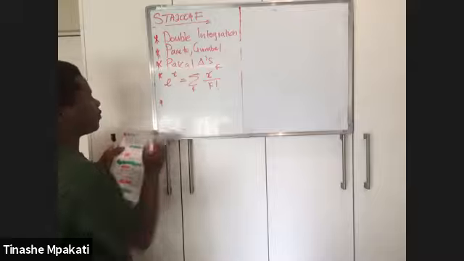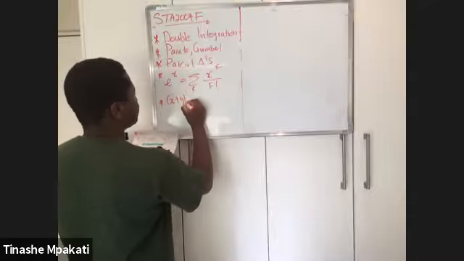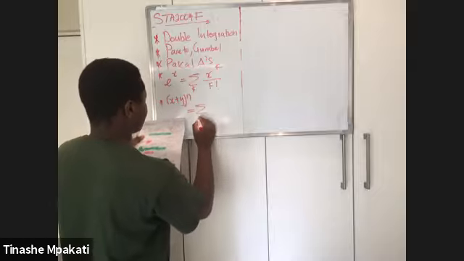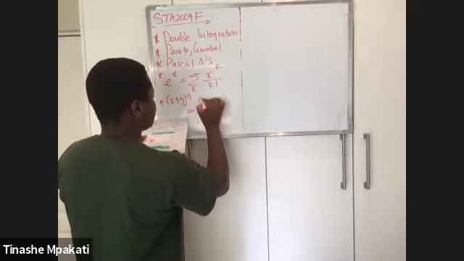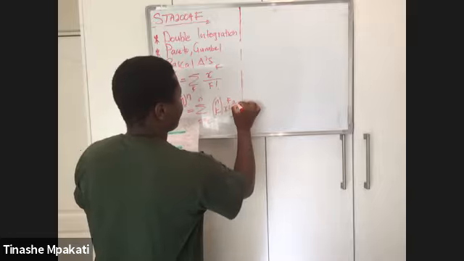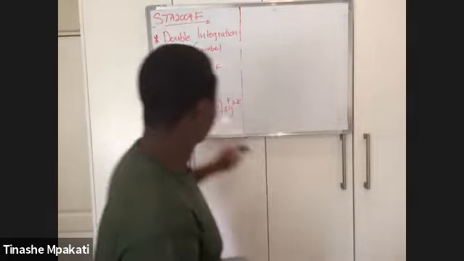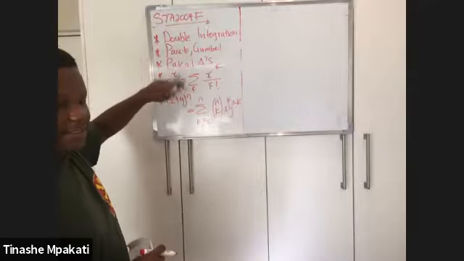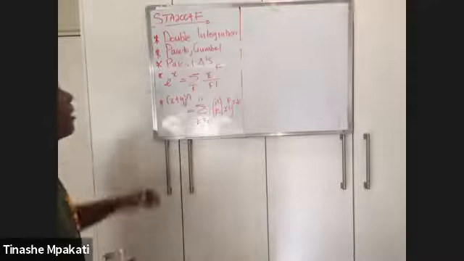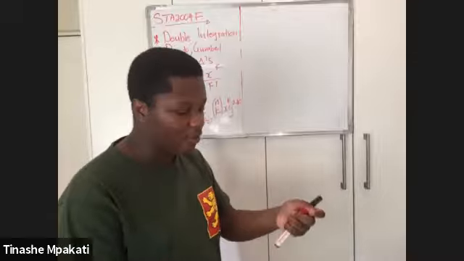Something else we find useful is the binomial series, which says that (x plus y) to the power n is equal to the summation from k equal to 0 to n of n choose k, x to the k, y to the n minus k. I understand this might not make sense right now, but I will refer to it as we use these things. Some of them we may not use in today's workshop, but maybe tomorrow in the second workshop. Whatever I'm going to write now is definitely something which will make some questions that seem complicated much easier.